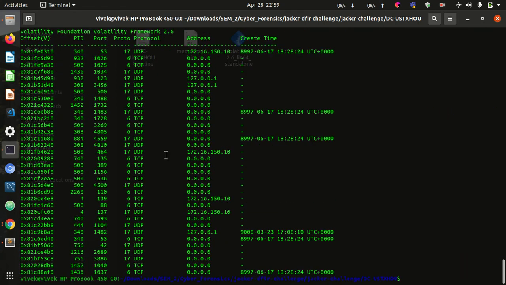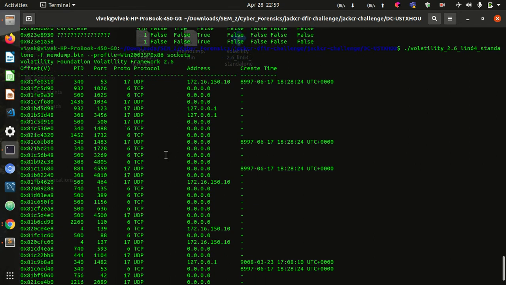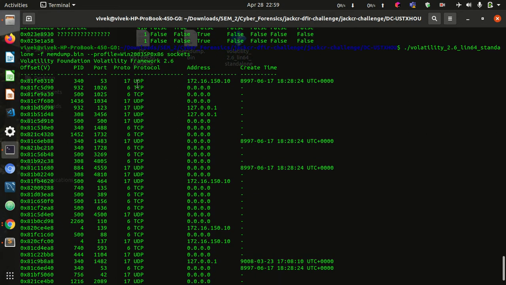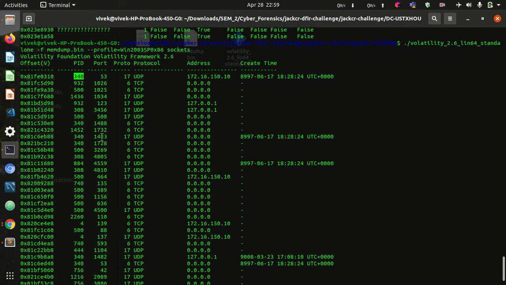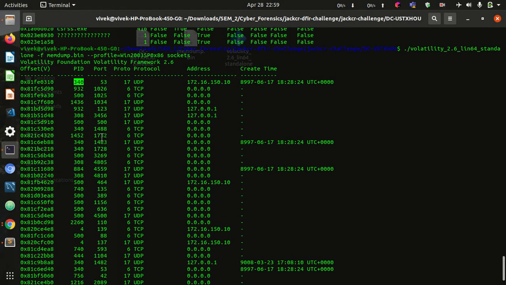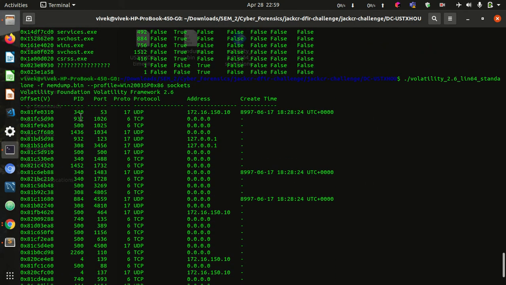So here we get the list of all the open sockets. These are the list of both the TCP and UDP sockets, and this is the socket creation time, and the process ID is also mentioned. So we can link it with the malicious process, which process is using which port and which address.